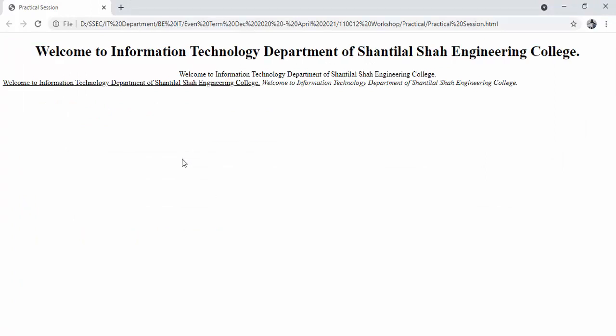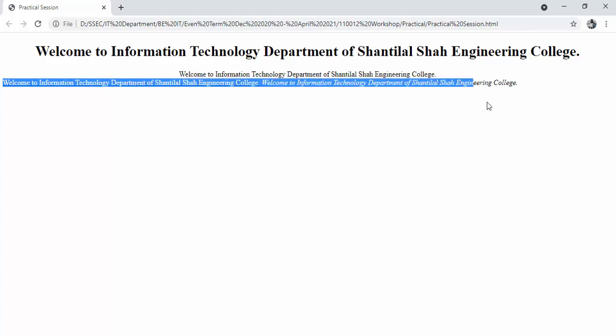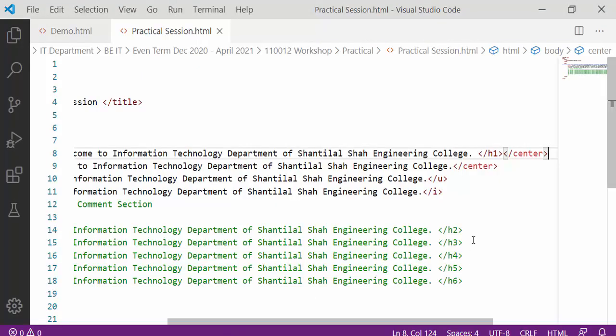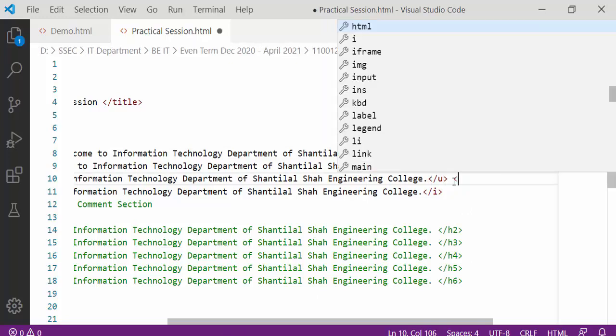See, okay. But another tag that we are going to introduce is how we can write each and every line differently. Say, for example, this is the first line that is starting here and ending here, then I want to start the next line from the next line. Here you can use the p tag.